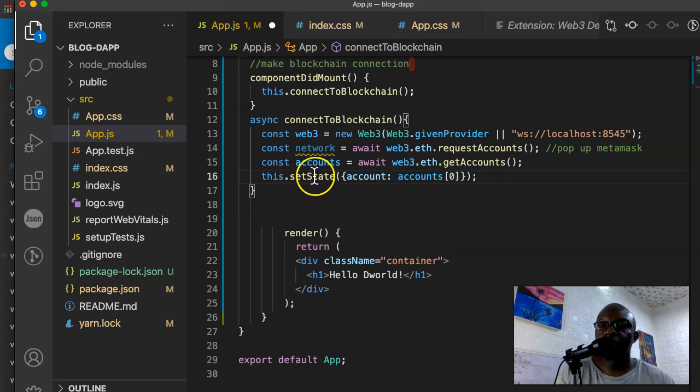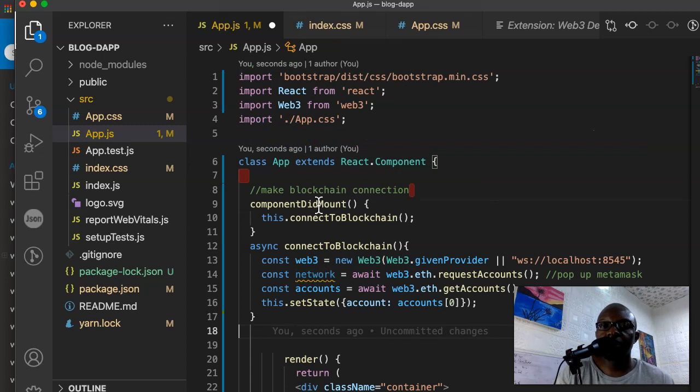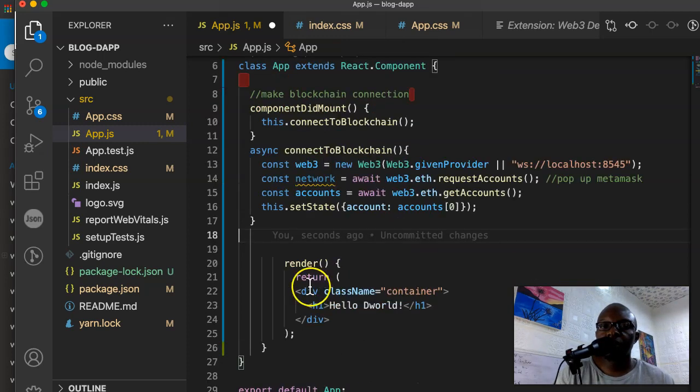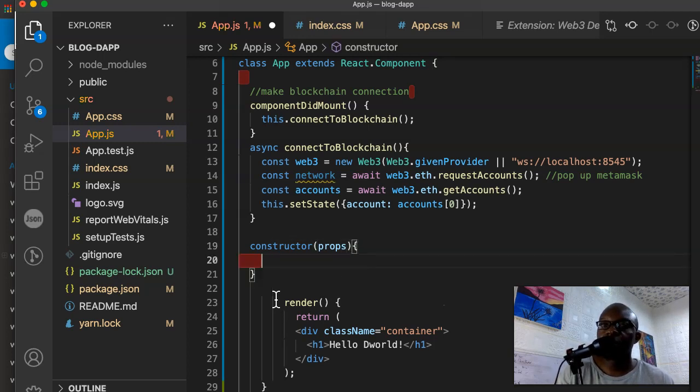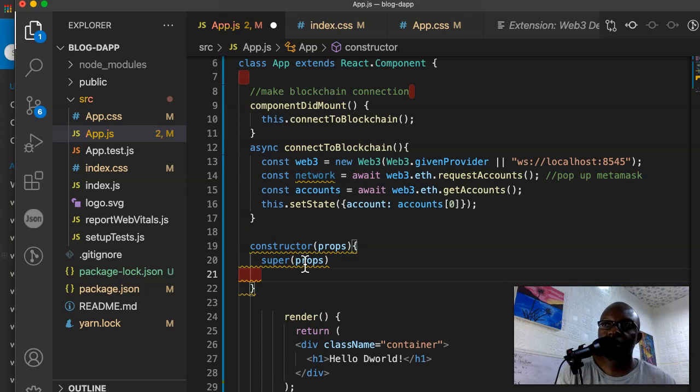So we have saved the variable in setState. We need to have a constructor. Remember, this is a class, so that once this class loads, the constructor function will load. This is React. In React, if you want to pass a variable, you have to do it exactly this way. First of all, you save the variable using setState. Then you have a constructor, and you must have the function super(props). It must be there. That's just React. So this.state